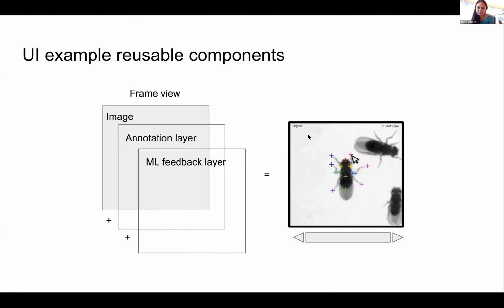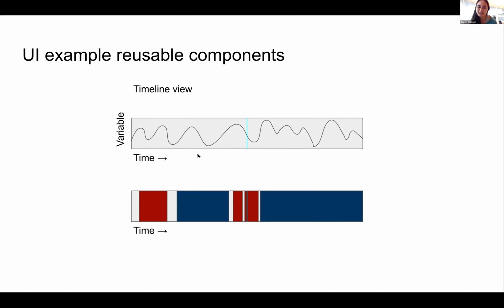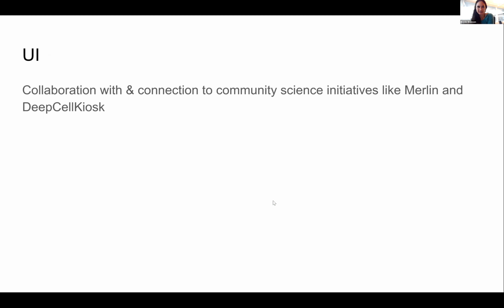So you can think of this image here as kind of an XY slice of the data. We might also want to have T by some other variable slices of our data. So some variable that you might be interested in, things that we've plotted in the past are things like the velocity of the fly or the confidence of the classifier. You might also have these types of timelines, which don't have a Y value. They're just showing the manual labels that the biologist has provided, or which frames have labels on them. So that's a couple examples from the user interface.